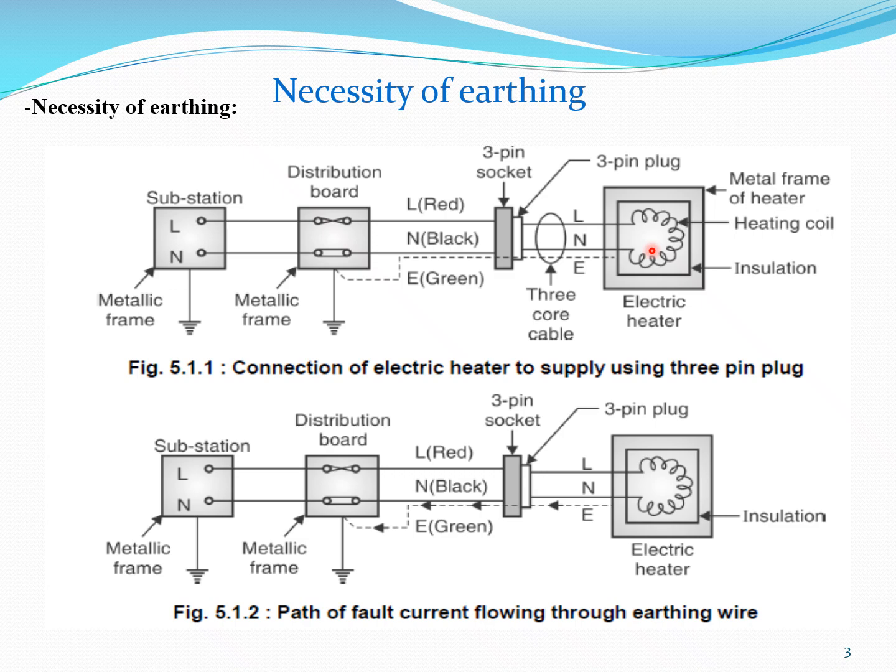However, since the metallic body is connected to the earth, a large current will flow through the ground, causing the fuse connected in the live wire to blow, as shown in figure 5.1.2. So here the fuse will blow. That means the electrical earthing system is important to discharge the electrical energy to the earth whenever any live conductor comes in contact with the metallic frame or any conducting part.